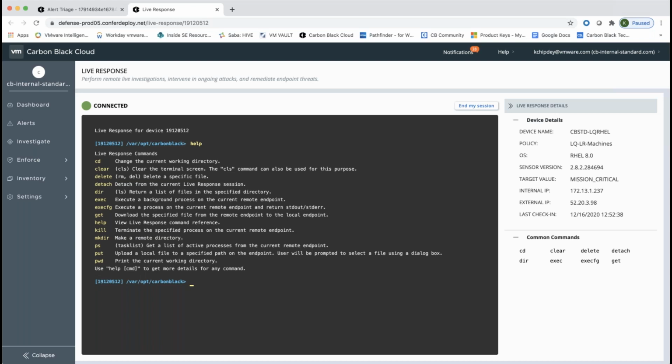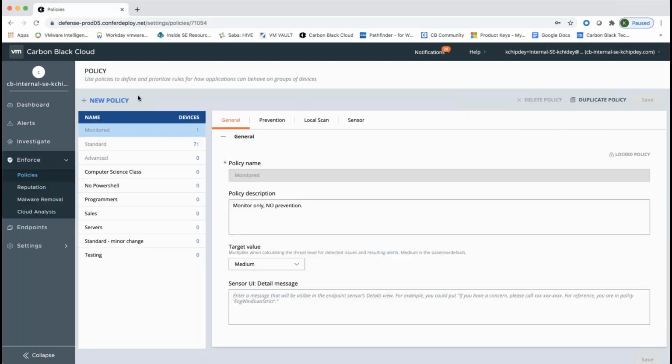Policies with Carbon Black are essentially our way of saying all of your environments are going to run completely differently. No two school systems are even going to have the same environment. No two retailers are going to have the same environment, startups, IBMs, and so forth. And so the one-size-fits-all culture of security is really not appropriate anymore. The policies are ways that we're not just going to have the ability to say, hey, blacklist and whitelist things across the entire environment, which you still have the ability to do with reputations right underneath policies here